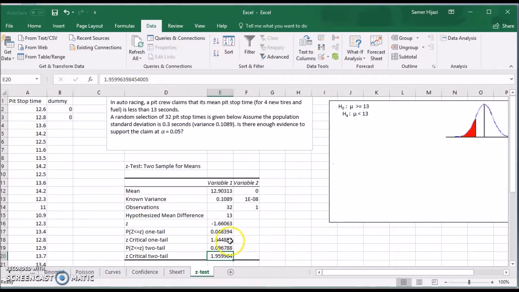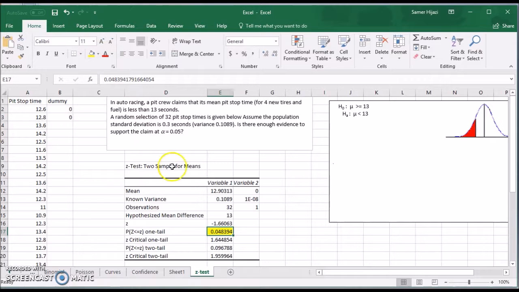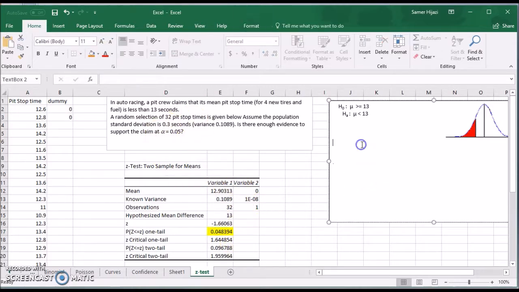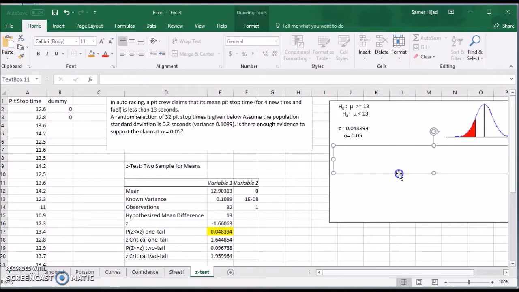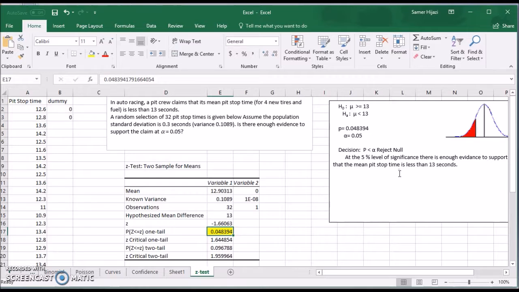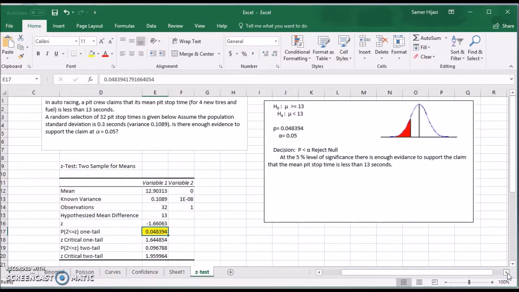If we compare the p-value for one tail with alpha, which is 0.05, the decision will be to reject the null hypothesis since p is less than alpha, and we conclude that at the 5% level of significance there is enough evidence to support the claim that the mean pit stop time is less